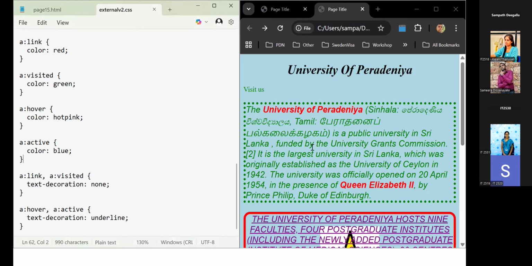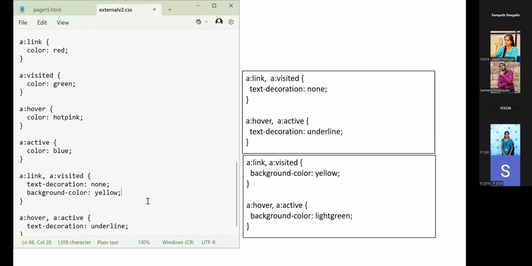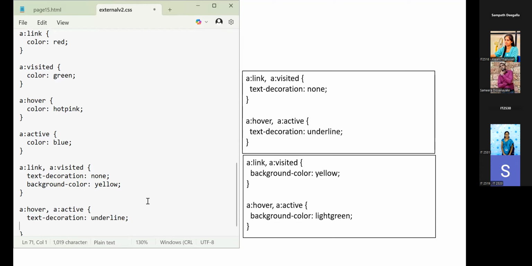Right, moving into the next. So when you click link and visited, we are changing the background to yellow. And when you mouse move over it, and when you click on it, we'll make it light green, right? So I'm going to include it here as well. I'm specifying background color, which highlights, right? Sometimes you are highlighting this. Similarly,